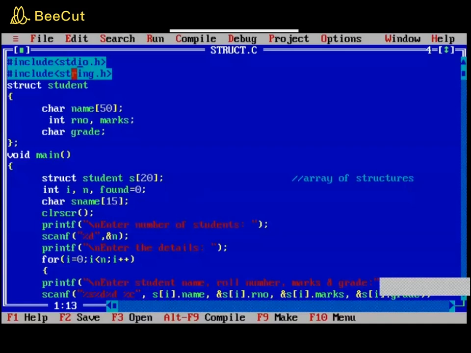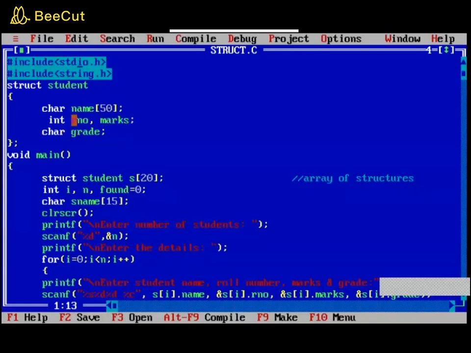So to roughly start with how the program should go, I will be initially creating a structure. The name of the structure is student, which will be having basically four information, that is name, roll number, marks and grade. I have taken the data type of name as char. Then I have taken roll number and marks as integer and grade as char. So two data types I have taken as char and two data types I have taken as integer.